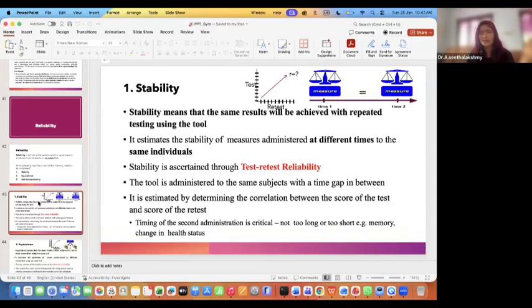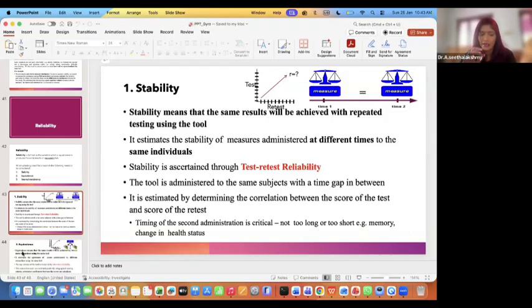Imagine you are buying 1 kg of banana from the market, and you come home and tomorrow, no, I bought 1 kg, but it is only 800. You don't trust it. You will weigh it again. It is 500. No, something is wrong. First you will blame the market person. Then if it keeps on changing, you will blame your instrument. That's how your instrument is wrong. So please make sure that it is correct using test-retest reliability.